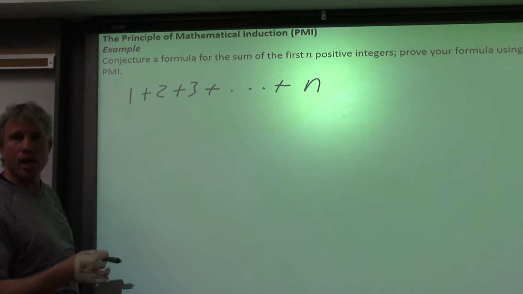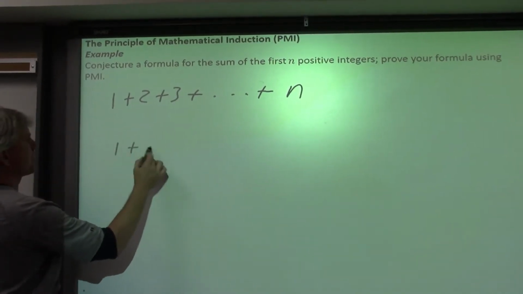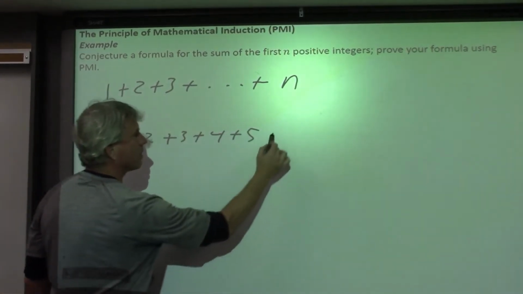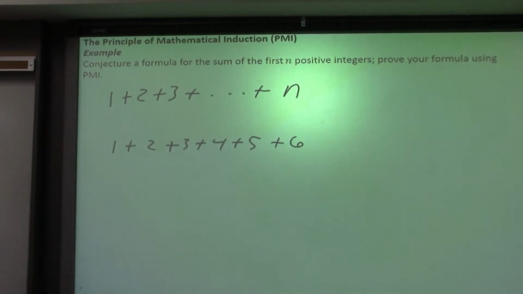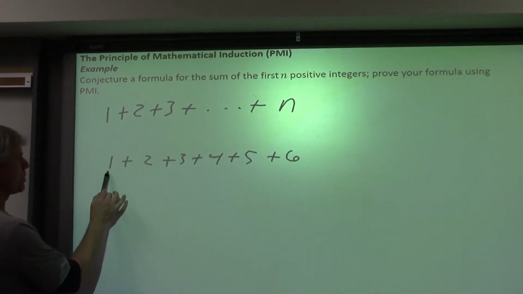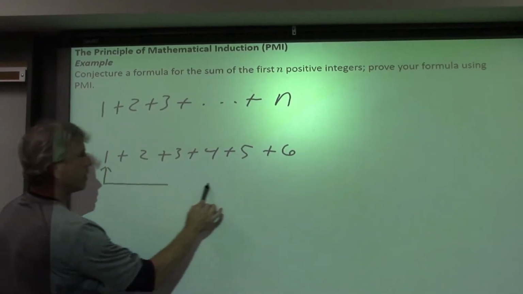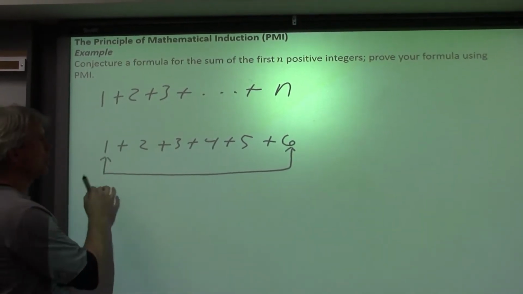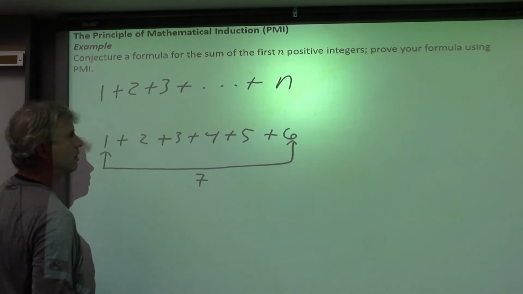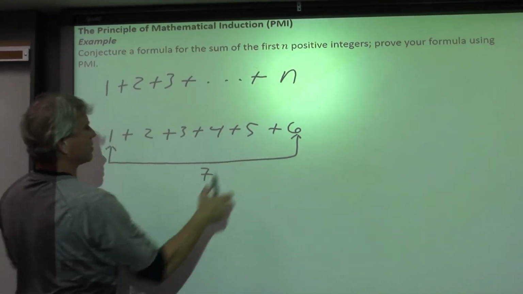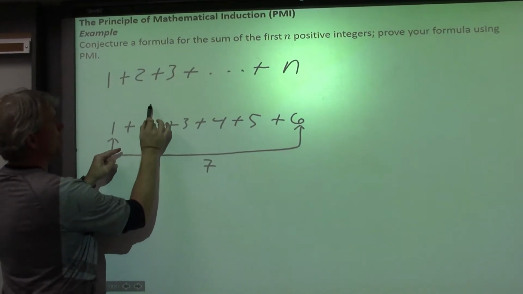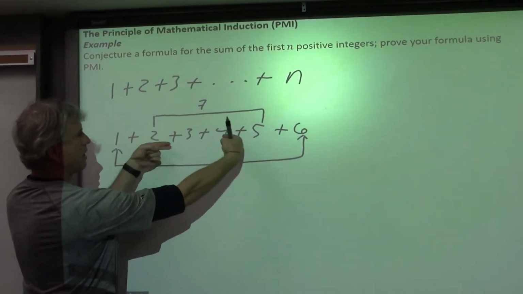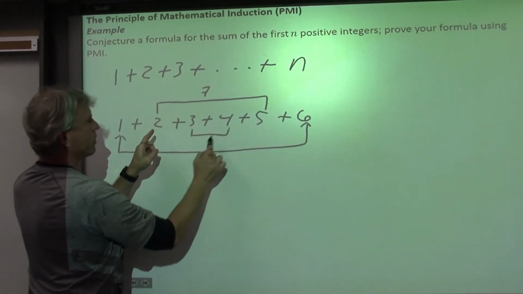The way that you can conjecture or guess a sum is to start with some smaller set of integers and try to come up with a clever way to add them. And in this particular case, what you want to notice is that if you take the first integer and pair it with the last integer, so in this case pairing a 1 with a 6, if you add those two together you get a 7, and then you work your way in from the endpoints. So the next integer over is a 2, I pair it up with a 5, 5 and 2 is 7, I walk in an integer from each end, I pair the 3 with the 4,